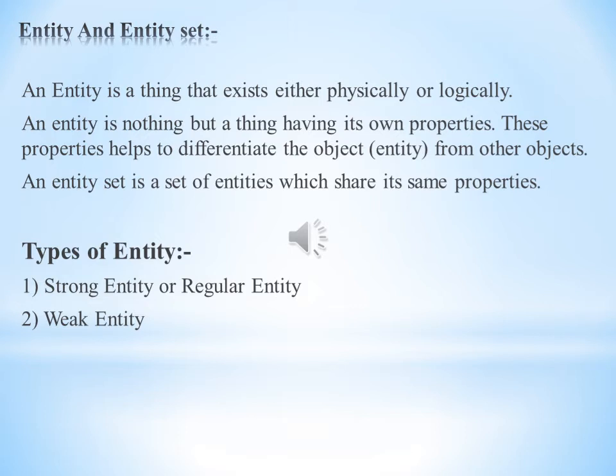First, strong entity. If an entity has its own key attributes specified, then it is a strong entity. Students, listen carefully. If an entity has its own key attributes specified, then it's a strong entity. Key attributes are used to identify that entity uniquely among the set of entities in an entity set. For example,